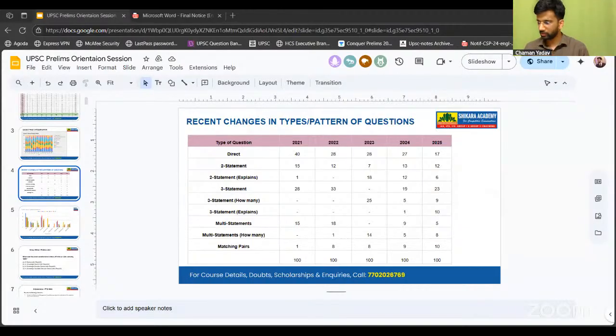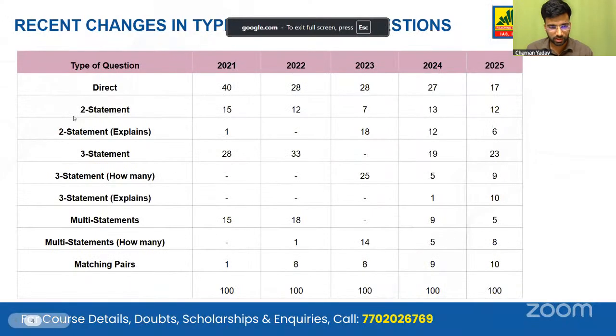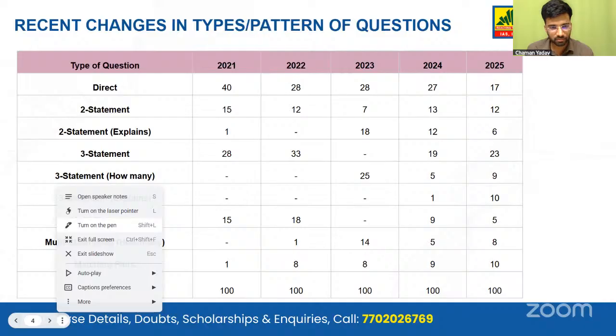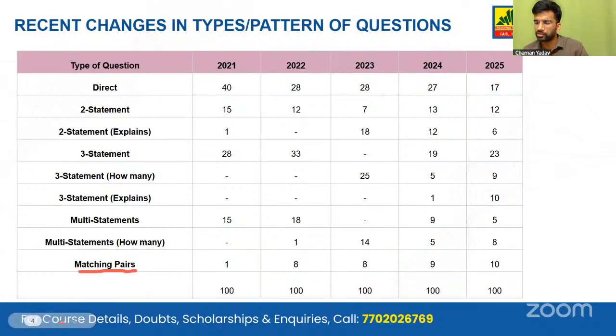Thank you, ma'am. So let's resume our discussion on the types of questions. It was my bad. I just missed one type of question. Yes. So we have here the matching pairs type of questions. This type of particular questions has been asked by UPSC over the past 10 and 15 years. But earlier they used to ask which of the above pairs are correctly matched, but now they have started asking how many of the above pairs are correct. So again, the scope of elimination gets reduced drastically.